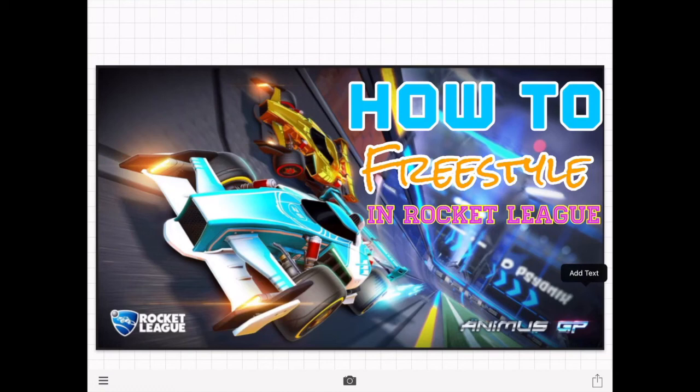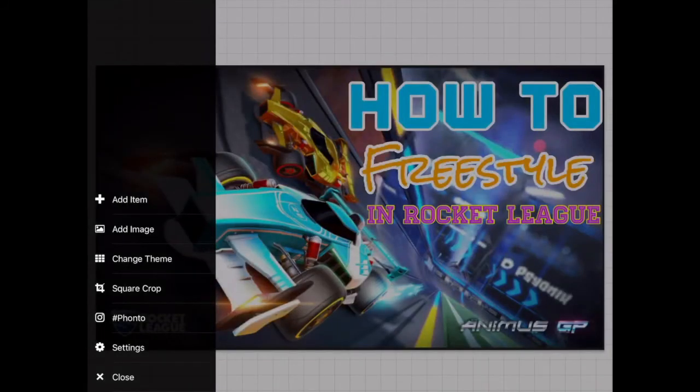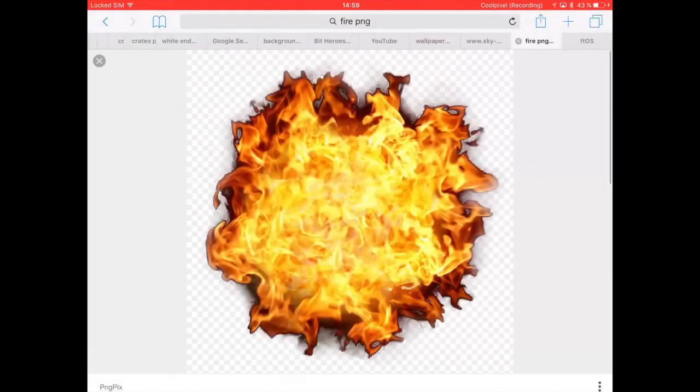And the way to do this, for instance, if you see my videos, I put crates or I add keys to my background, which I will show you. For example, let's go first to Google over here, and then what you need to do, for example, I'm looking for a fire picture. What you need to do is write fire, and whatever you're looking for, a picture of a cat, dog, iPhone, banana, write the name of what you're looking for,